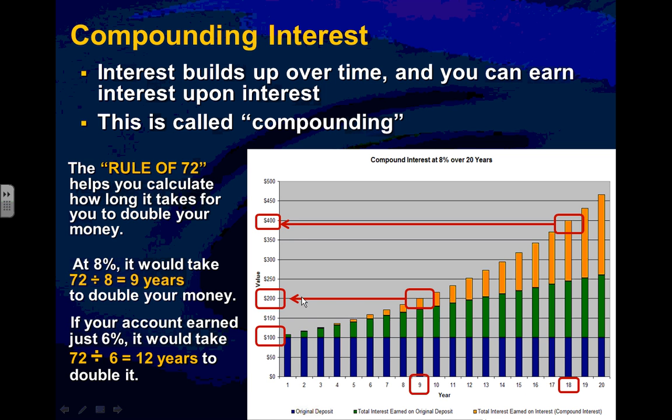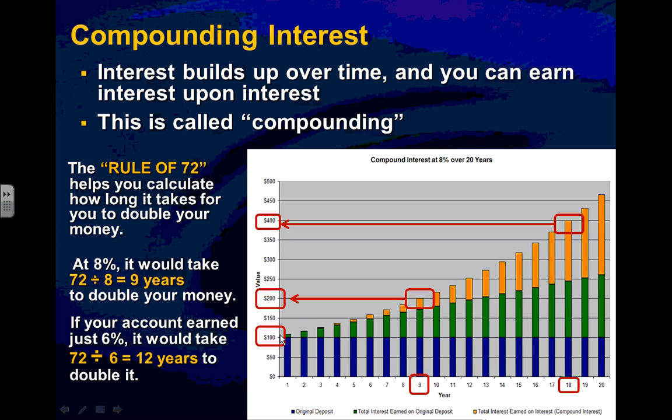After another 9 years, your 200 is doubled to 400. And notice, the first time it doubled, you made $100. The second time it doubled, you made 200 bucks. The next time it doubles, you'll make another $400. And so you got to understand, this may not seem like a whole lot. 9 years seems like a long time to most young people, but the power of compounding is immense. And if you can start saving money early, your money will grow beyond your wildest imagination.